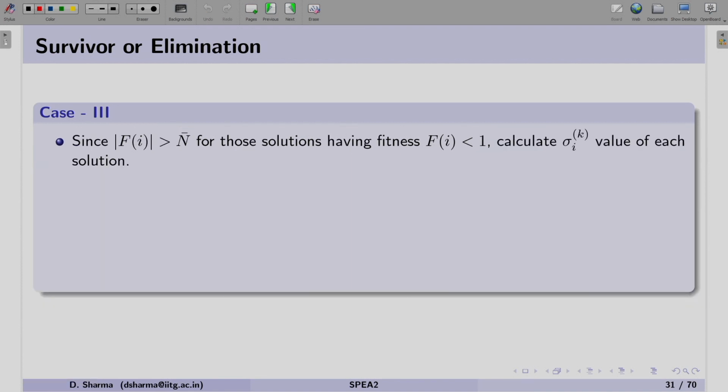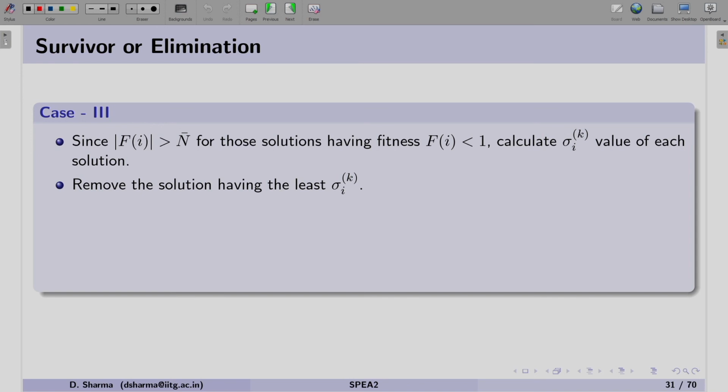Case 3 is when the number of non-dominated solutions is greater than the size of the archive. In this case, we calculate sigma ik. As per our earlier discussion, this sigma ik is calculated using the kth nearest neighbor approach.